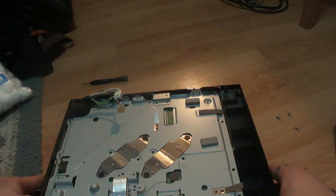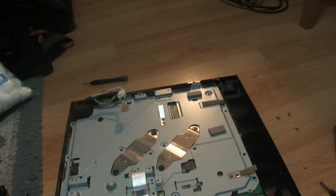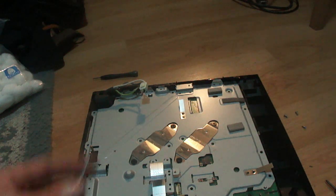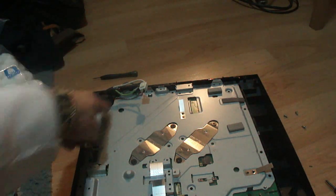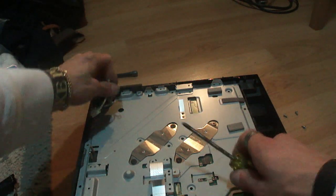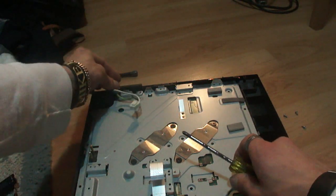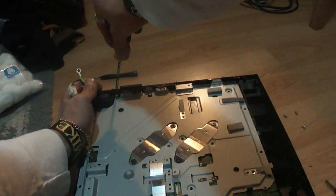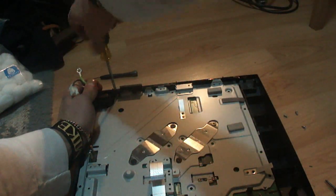And it'll just kind of fall right into place like that. Alright, so now that we got this like this, we're going to put our screws back in. So let's remember, the long screw goes here, shortest screw goes here. Here's the long screw. We're just going to pop that long screw in right now. So I'm going to take these wires and get this out of my way. And I'm just going to screw these in, and I'll be right back when the rest of the screws are